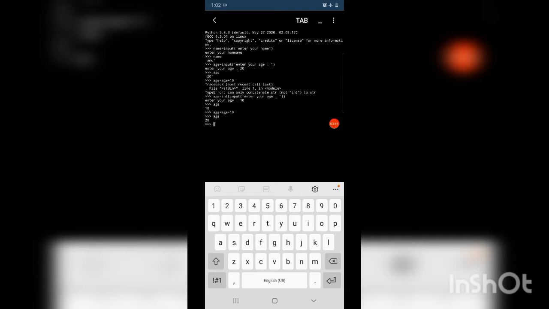So let us see how we can find the sum of two numbers when the numbers are taken using the input function. Previously we did this calculation by just specifying the number there itself.